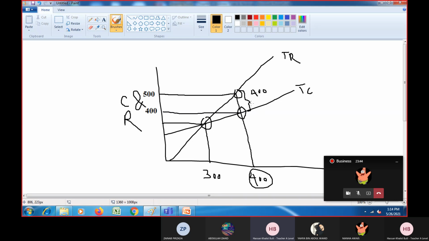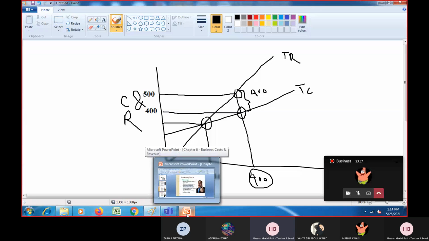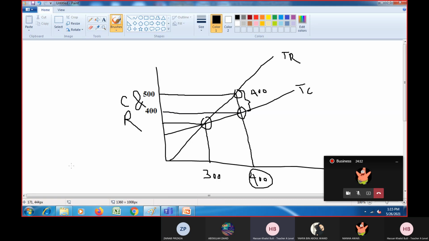So it means that at any level of output, by drawing a break-even chart, we can see what amount of profit the business can earn, right? So again, that is one of the usefulness of the break-even chart. This is how you interpret, or you can find out the values of total revenue, total cost, and profit as well. So in the paper, they might draw a diagram and ask you to find out the profit using the break-even chart. So you can find it this way as well, or you can use the values using the formula, right?